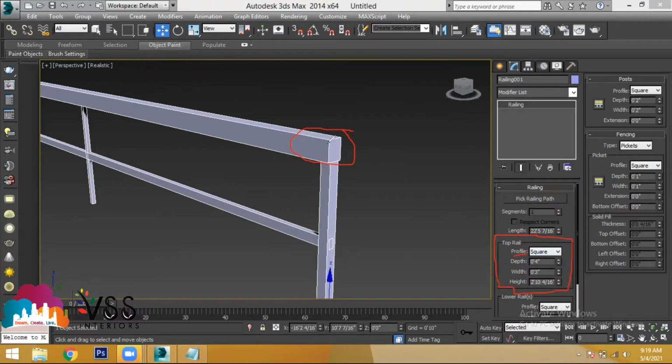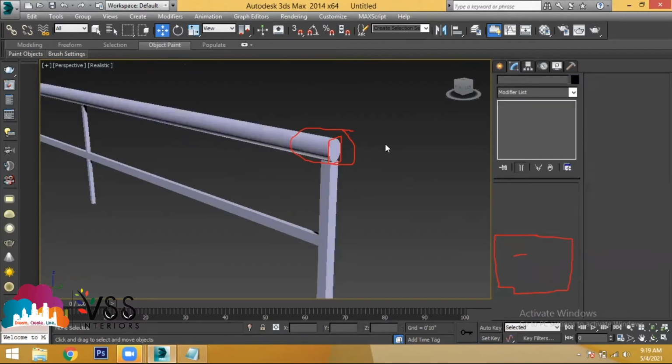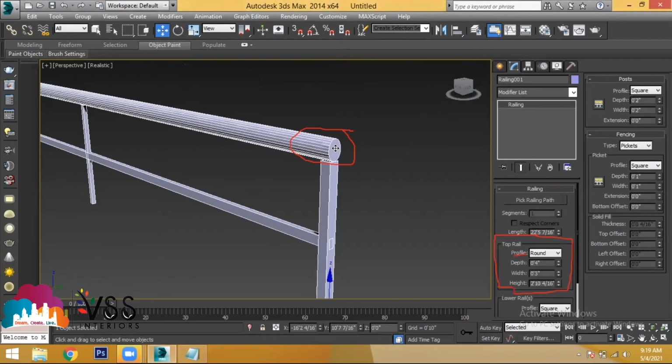What shape do you have for the profile of the top rail? It is a square or rectangular shape. If you want to change the shape, go to this railing, top rail, and change square to round. Previously it was square and now it is circular. To modify this top rail, you have depth, width, and height.